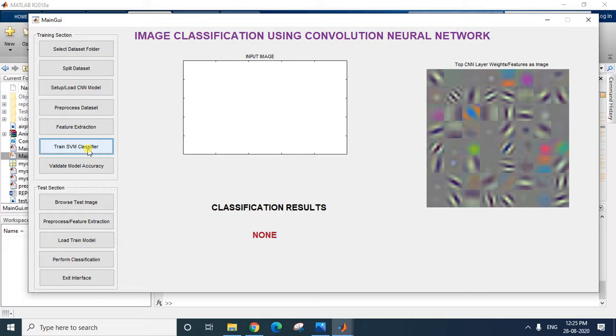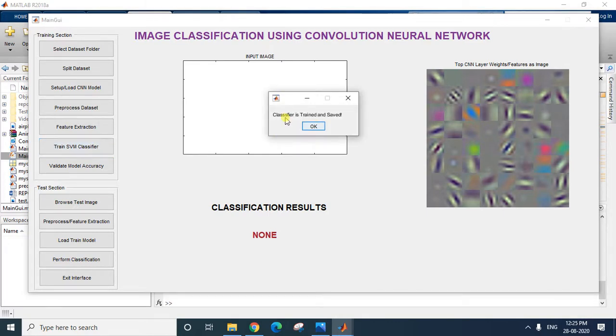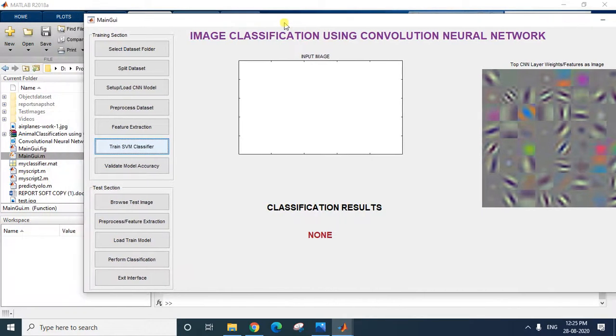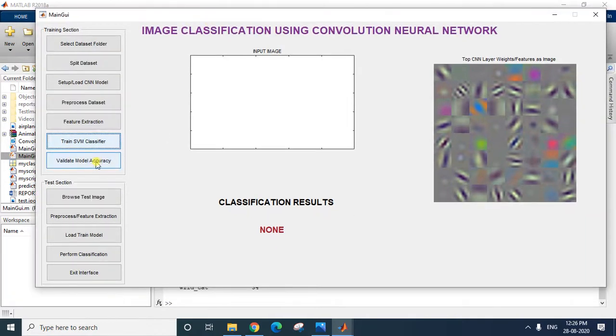This might take some time to train the SVM classifier. Okay, the classifier is trained and saved. If I go to my file section, my classifier has been saved as myclassifier.mat. Now I can check the accuracy or validate my newly developed model.